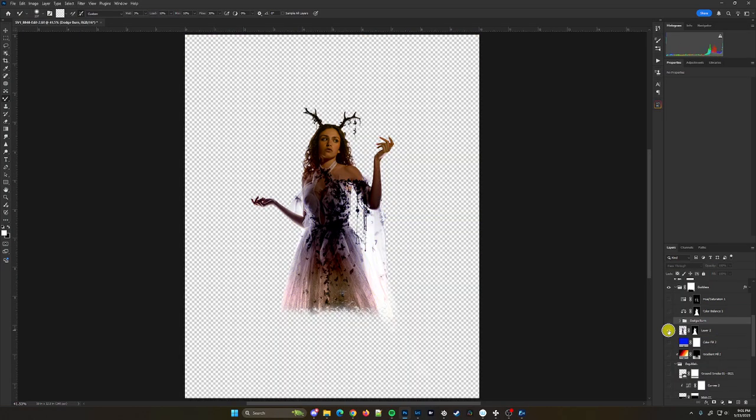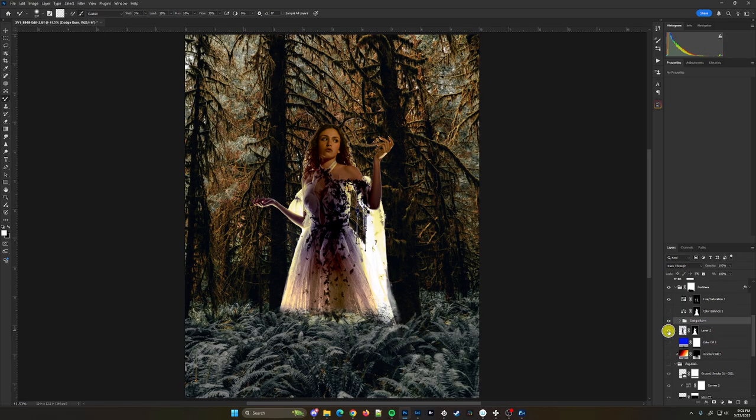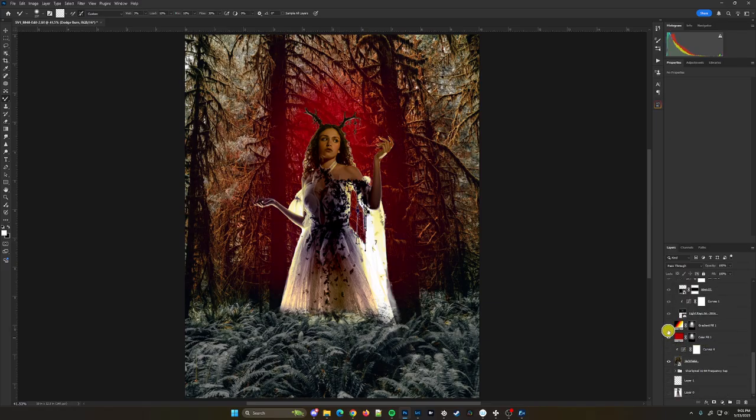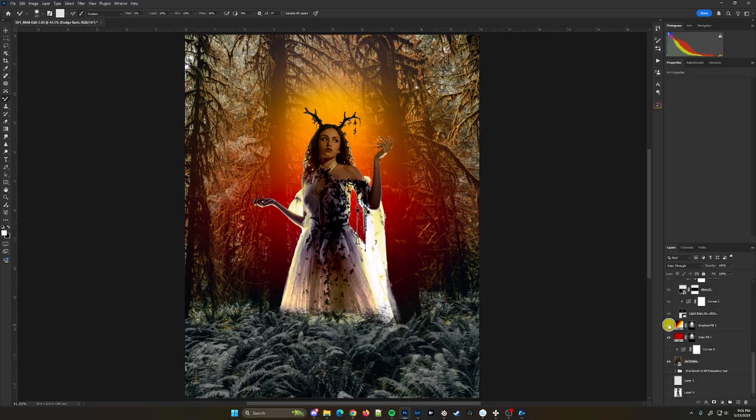So if I just look at that, I just have her here, right? So then I bring her in, but now I've got to blend her in, right? So that's no good. So then I started adding some color behind her, added a gradient color behind her to kind of pop that up.